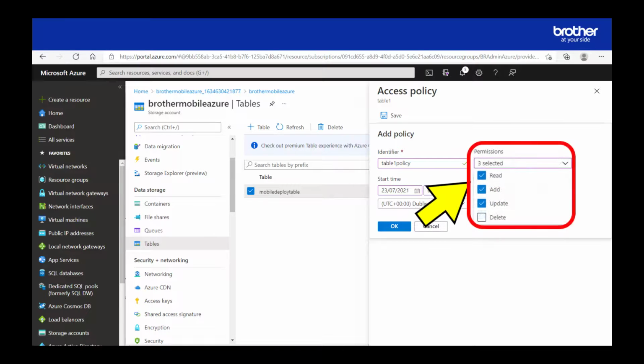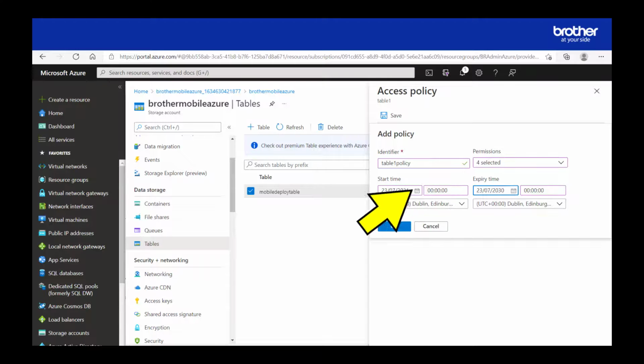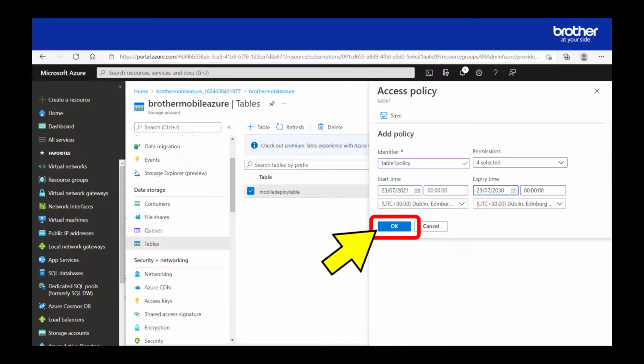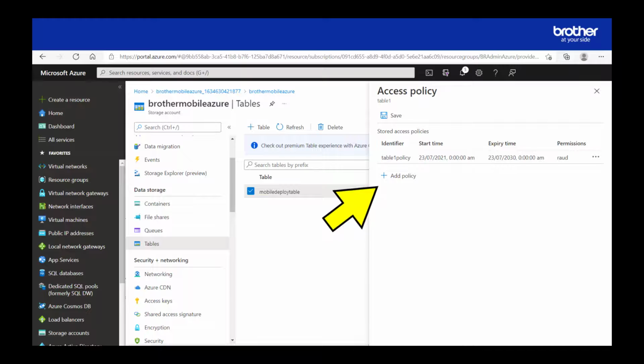Then from the Permissions drop-down menu, ensure that the first three options are selected. Decide how long you want the policy to be active for by selecting its start and expiry dates. Then click the OK button. After this, click the Save button.